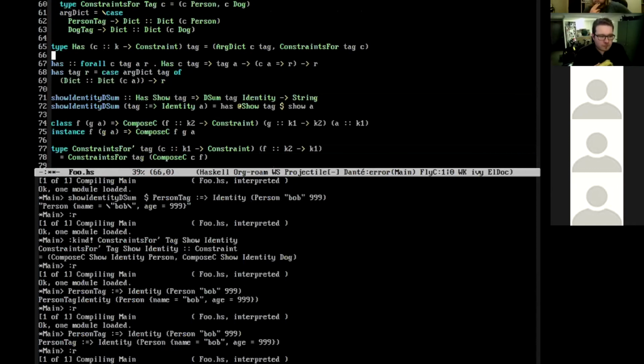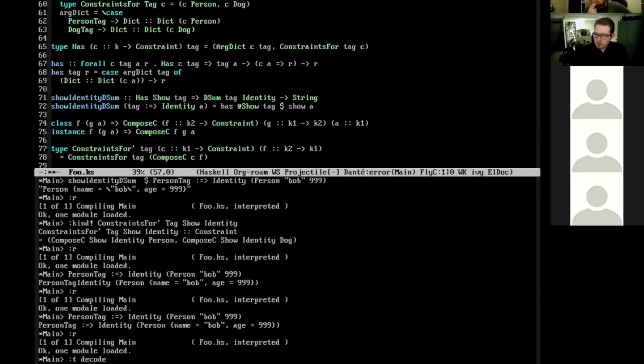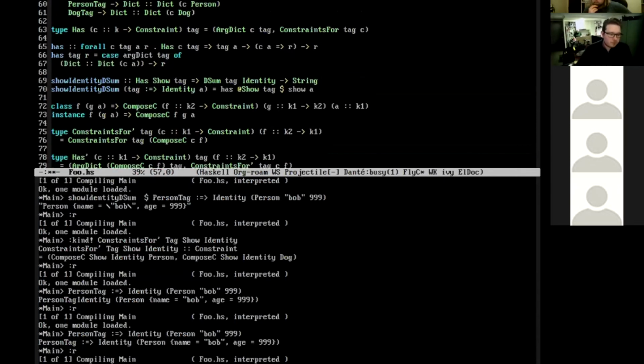Once you have that, then it can go off and use has and has prime and everything else. So that makes it a fair bit more pleasant to play with. Cool. Any code that I don't have to write is good code.